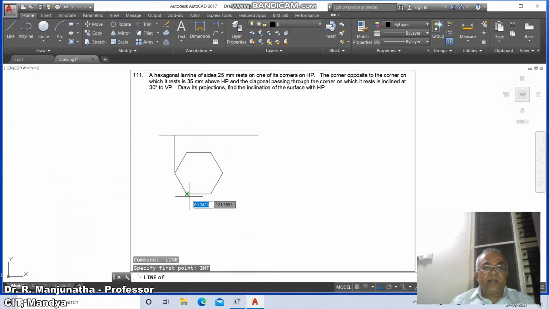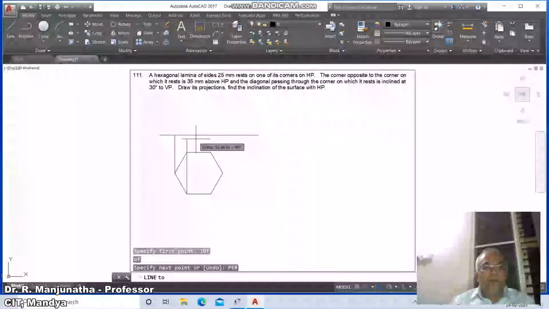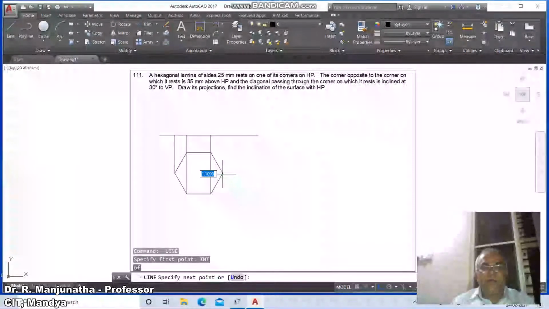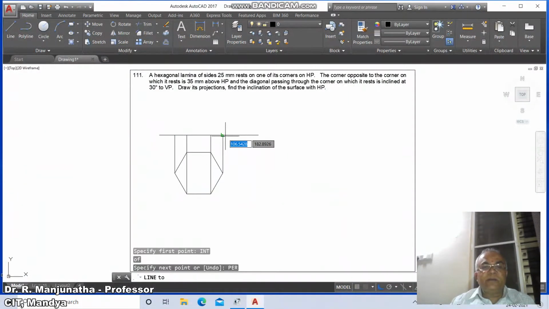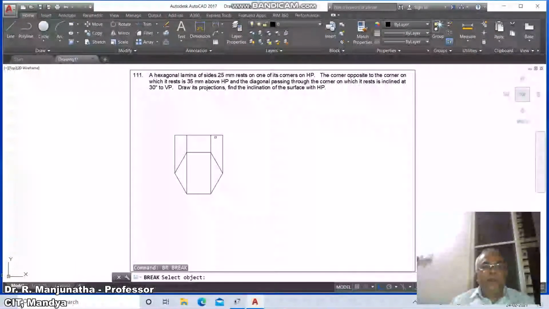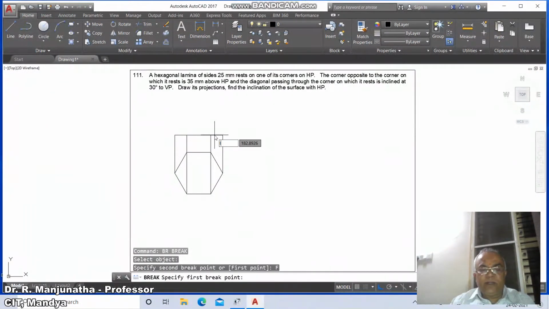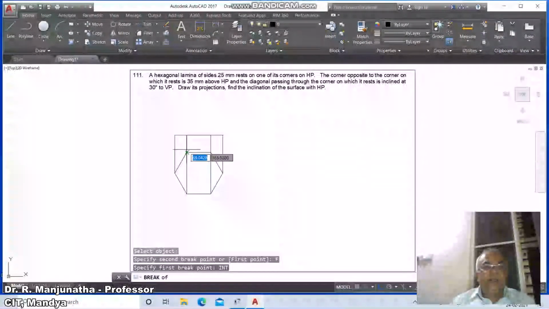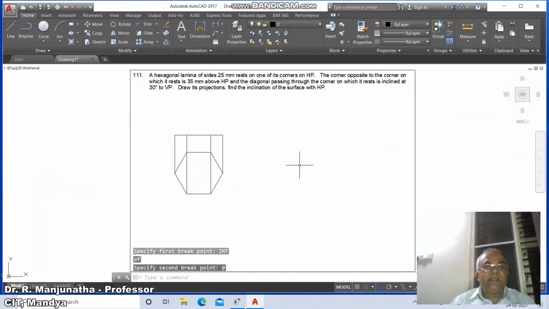Repeat from the intersection points, drawing perpendiculars, then go to fillet between these two and between these two. Go to break, select the first point, take the intersection of this and say at the rate. Similarly, select between these two, first point, take the intersection of this and say at the rate.